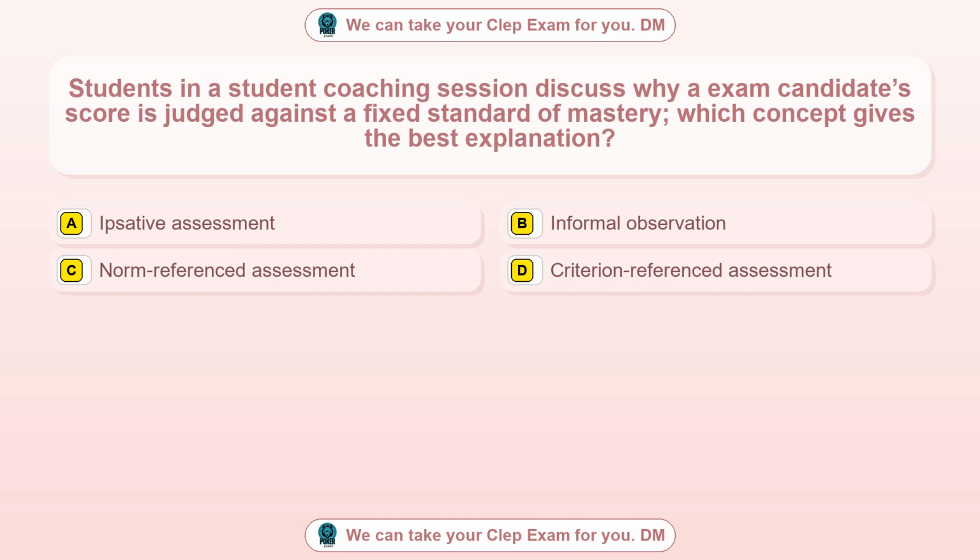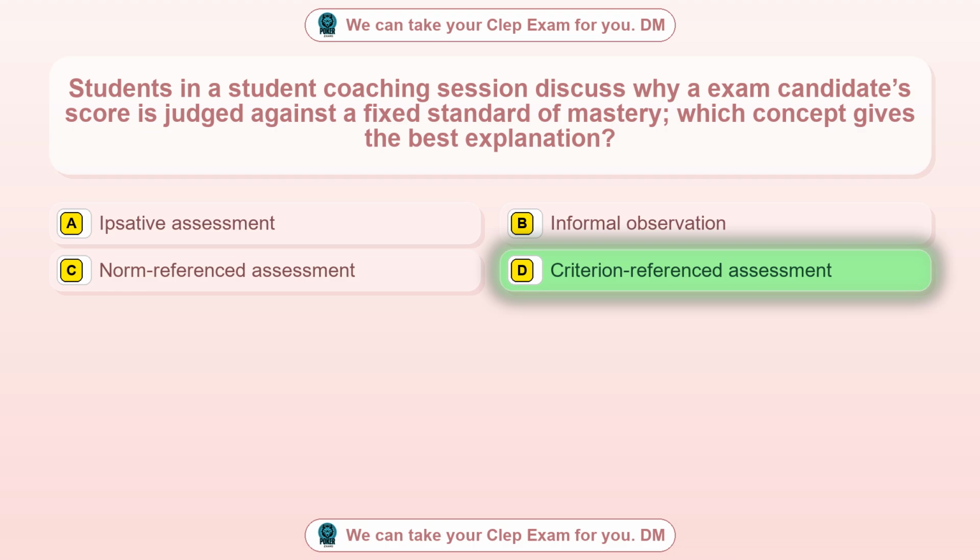Question 54. Students in a student coaching session discuss why an exam candidate's score is judged against a fixed standard of mastery. Which concept gives the best explanation? Option A, ipsative assessment. Option B, informal observation. Option C, norm-referenced assessment. Option D, criterion-referenced assessment. The correct answer is option D,